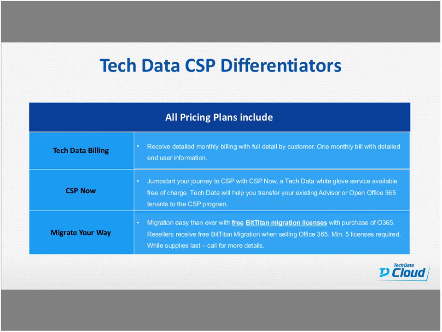So at Tech Data, billing is really simplified, and these are some of the Tech Data CSP differentiators. One of them that we're really proud of is the Tech Data billing. What you'll receive is one invoice per end user that includes all of the services that they're consuming each